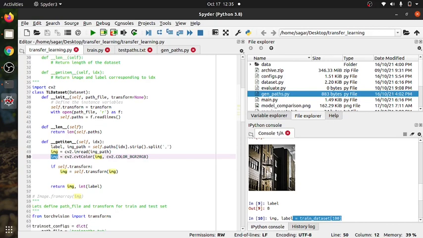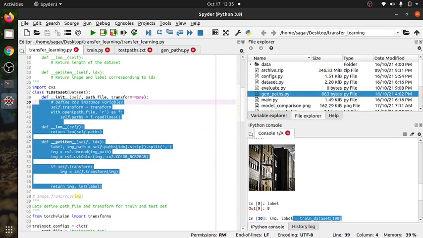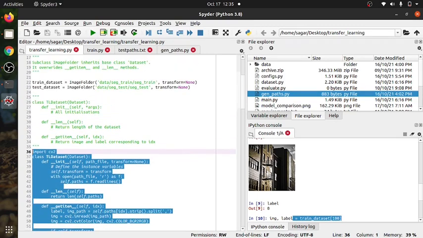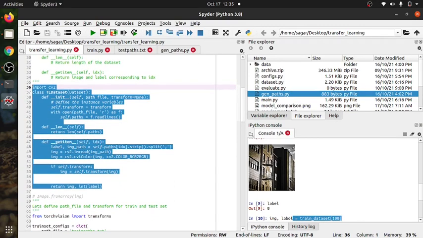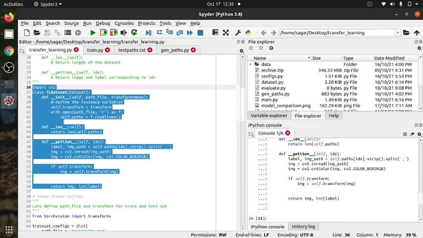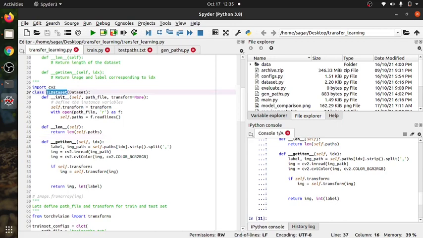So this is how we write our custom data set. If we just run it, we can see that it has exactly the same functionality as this image folder, but with better control. So let's implement it, run this, and let's create the object of this class,